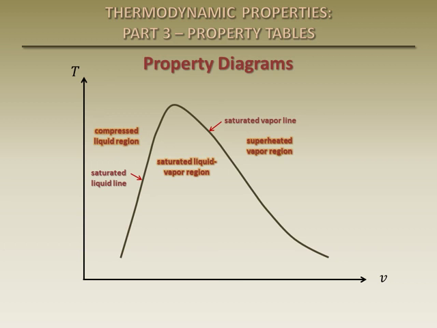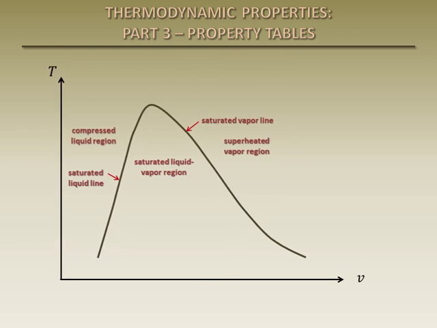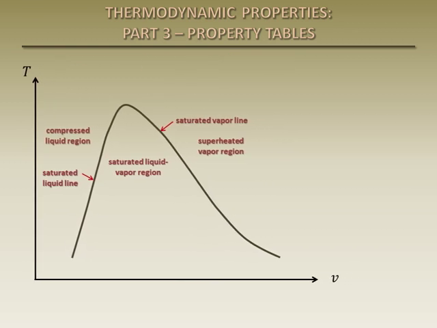The properties of a given substance can be found in property tables. There are separate tables for each of the three regions shown here. We will learn how to determine what state or region a substance is in and how to look up the